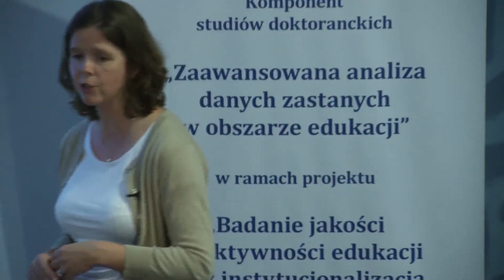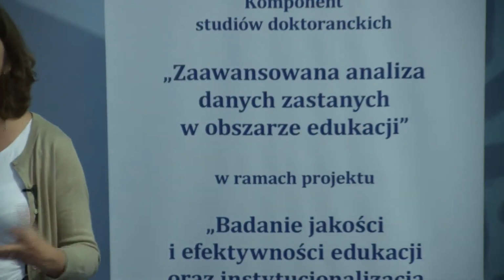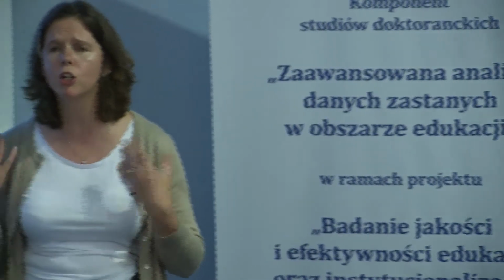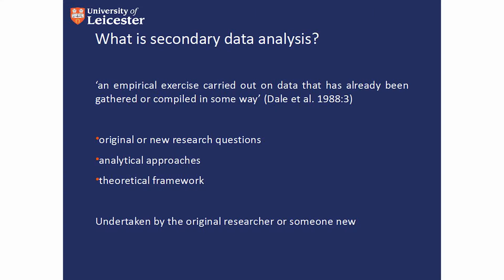So what do I mean by secondary data analysis? I'm only talking about quantitative data. There are huge amounts of qualitative secondary data, historical records, life histories, photographs, and so on, existing data from some of the really big social science, small-scale qualitative interview research projects that have been collected. So there's a lot of qualitative secondary data. I'm just going to talk about the quant stuff.